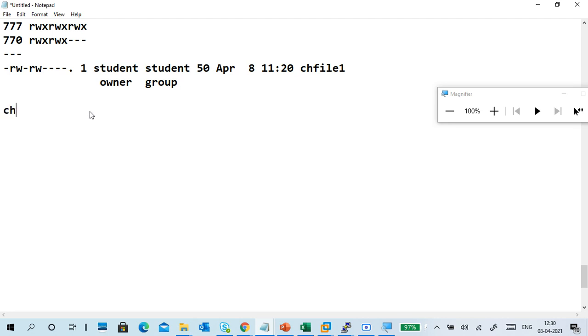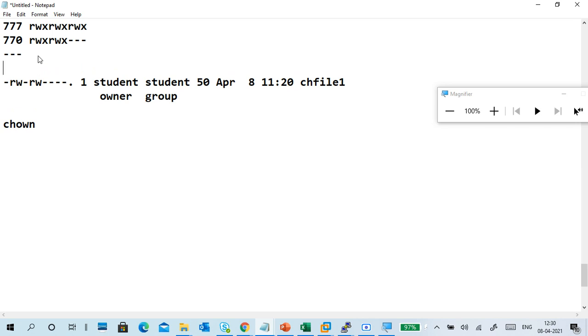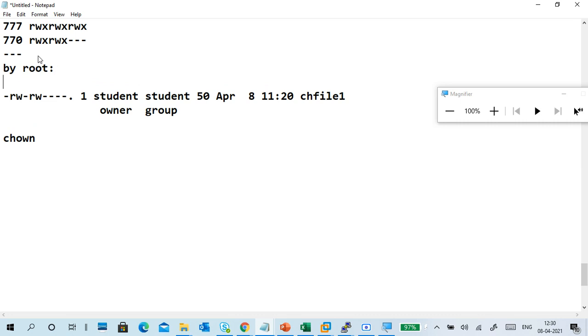The command is chown, but these commands are run by root only. So be careful, you can try otherwise. So chown and the file name is chfile1. I want to change the ownership of this file.